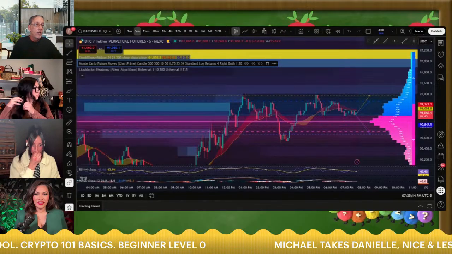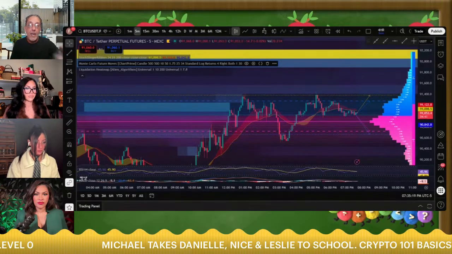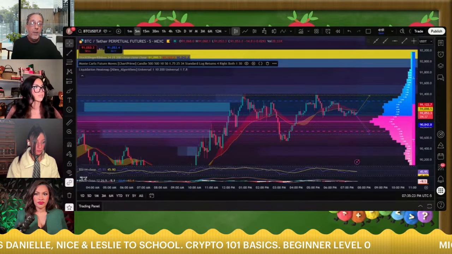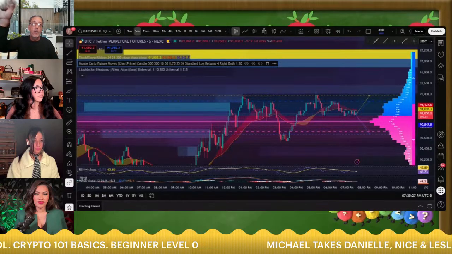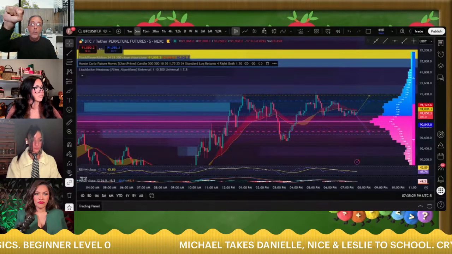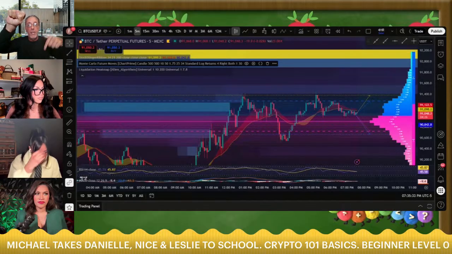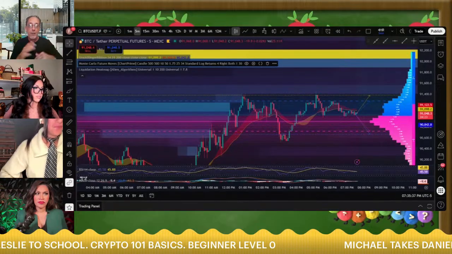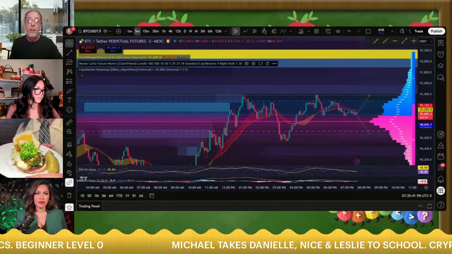So all those yellows and stuff like that, those that you see on the very top of the screen, those are probably shorts that were entered up there thinking, hey, the market's going to go down. So their liquidation point is up top above that level, because they're placing a wager that's saying, I think the market's going to go down. So depending on your leverage, it's going to tell you one way or the other.